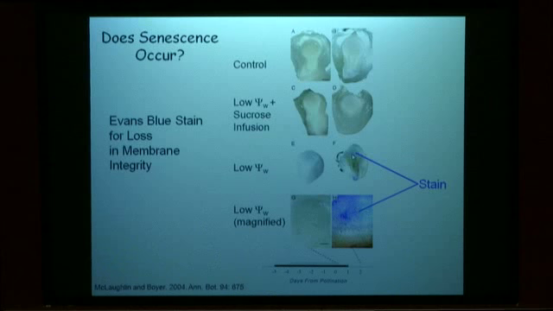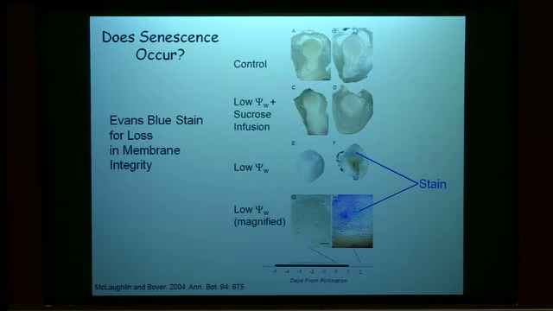Whereas you can see that in the controls there is no staining here on day number 2 or on the day of pollination, and in the sucrose-fed plants we've been able also to see no staining. So it appears that induction of senescence has had an effect, that is, that upregulation of gene expression has had an effect